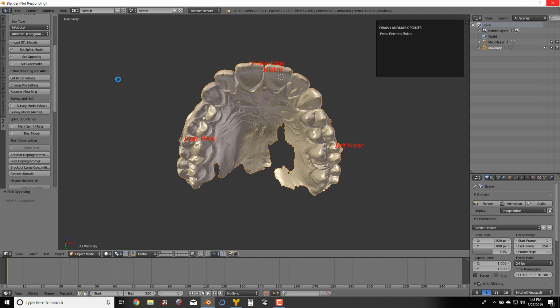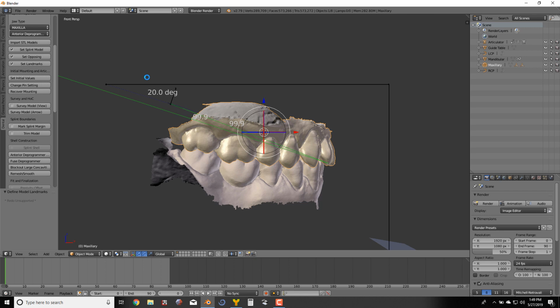But yeah, this is an excellent software that's very inexpensive, and so if you're interested in creating your own digitally guided splints and deprogrammers and whatnot, I really recommend checking it out, and I will link to it there. Here it's going to show the virtual articulator. I really don't change anything much, so